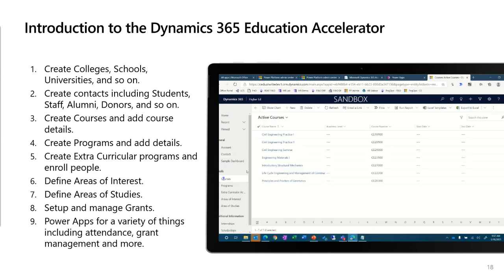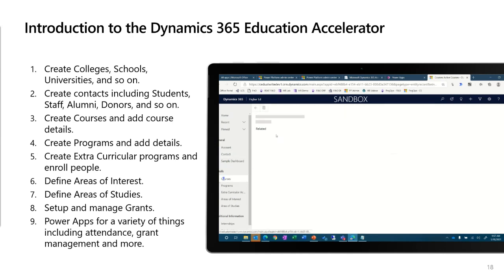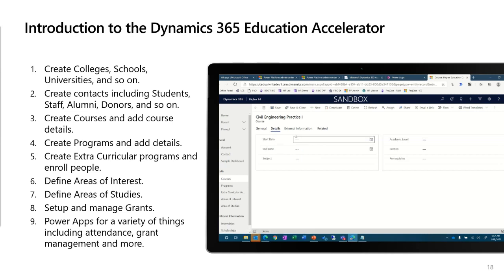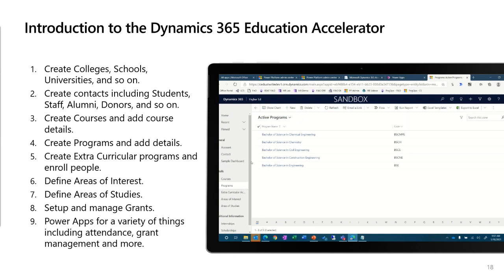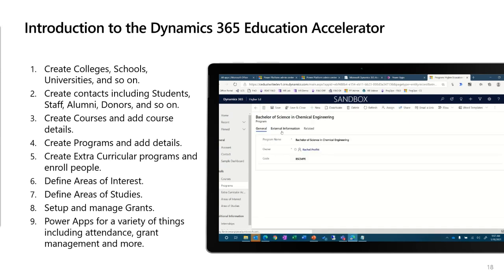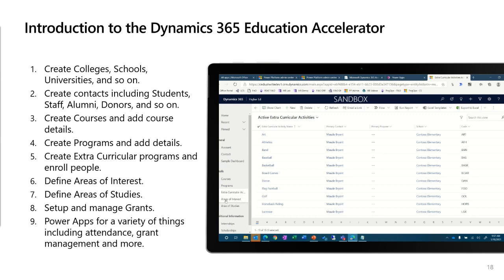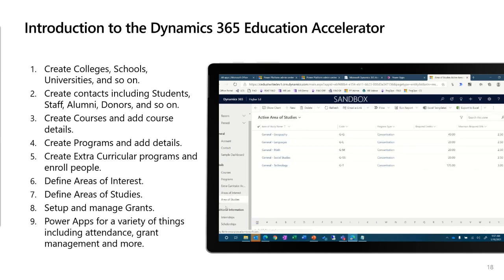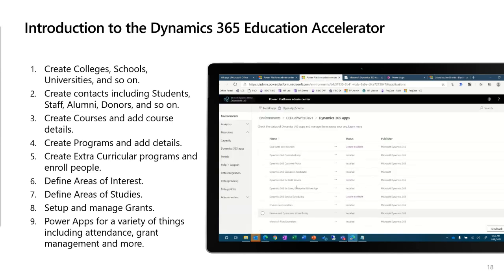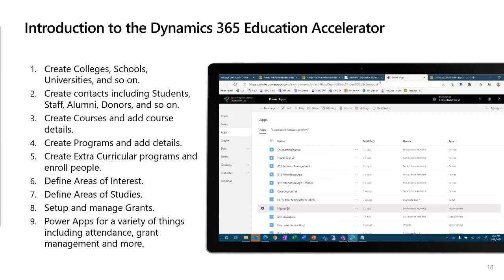You'll notice that we have the ability to track details about the various courses that you're offering, programs, and so on, where you can put in all the details. So that's the courses page. Here we've got the programs page where I can put in the different programs, extracurricular activities, areas of study, and so on. Down at the bottom, we've got those intern scholarships and grants as well. And I can come out here and very quickly and easily create a new app.